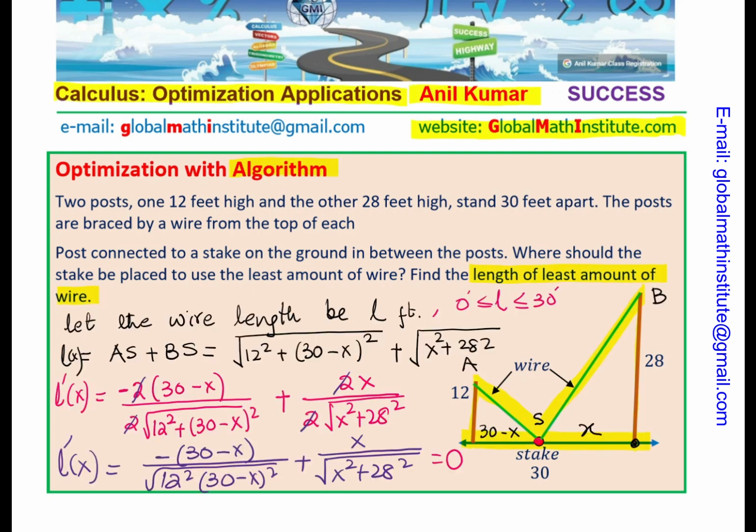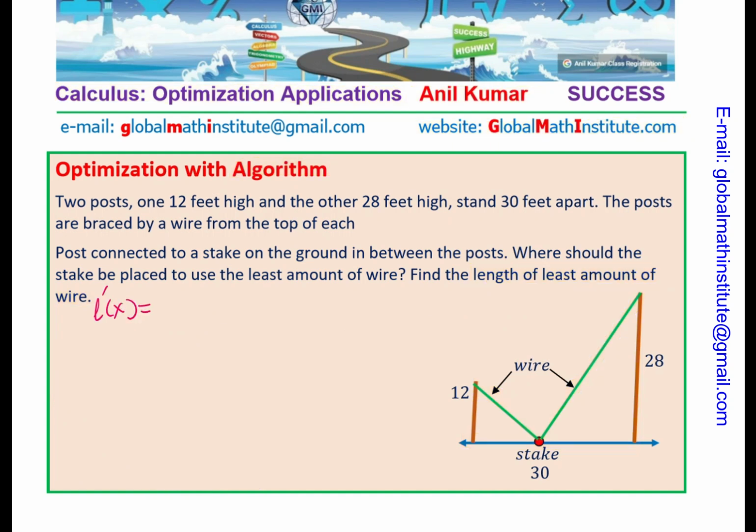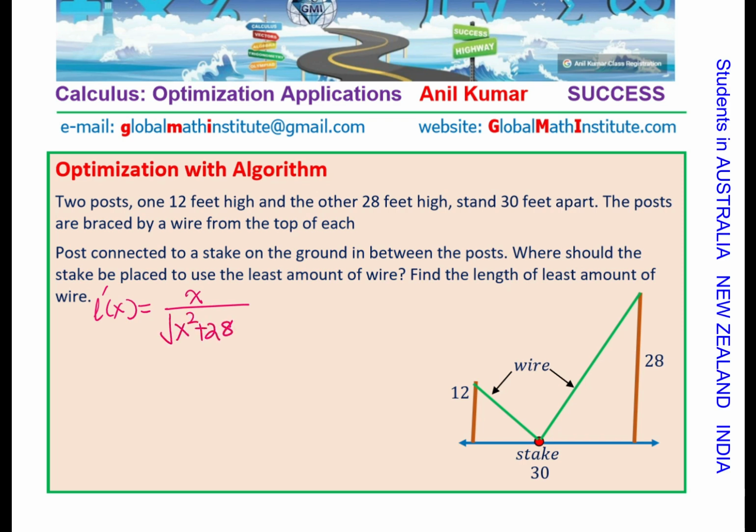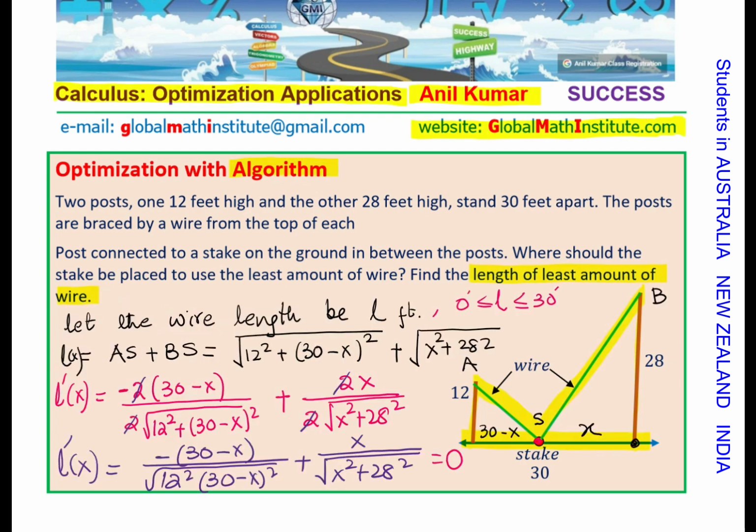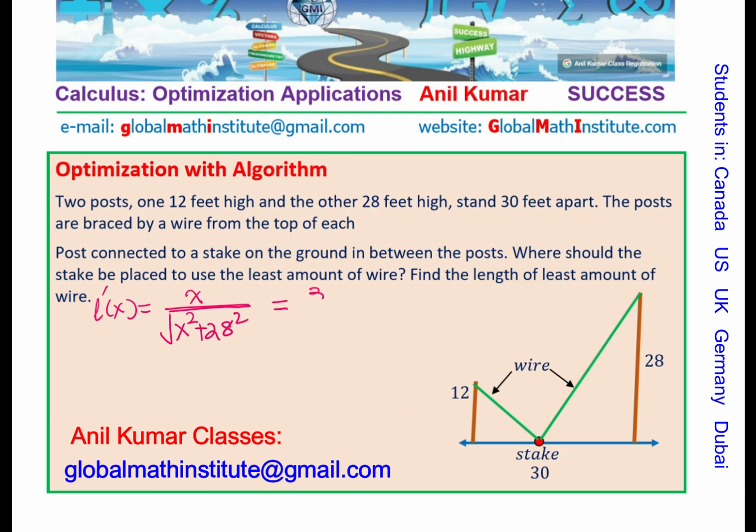So we got two parts where x over square root of x square plus 28 square is equal to, we can write, 30 minus x over the other part, correct? So we write this as x over square root of x square plus 28 square, right, should be equal to the other part, 30 minus x over square root of 12 square plus, there should be plus here, right? Yeah. So equals to 30 minus x